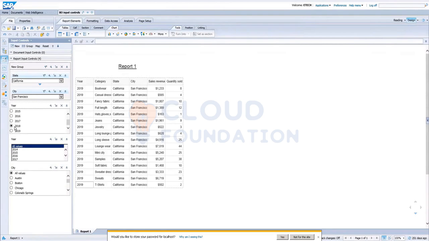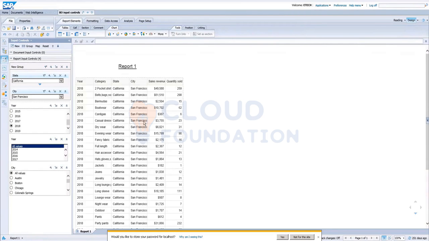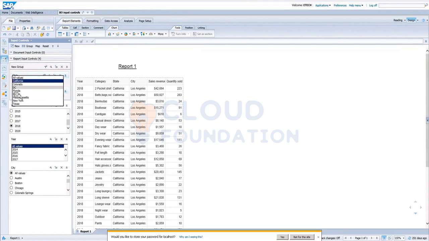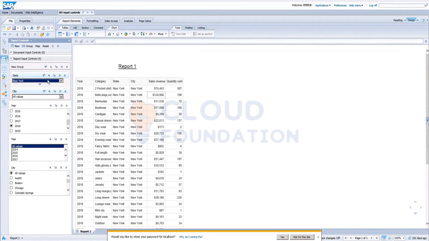That kind of analysis and interactivity can be provided in Web Intelligence. The end user just clicks on Los Angeles, and they'll see the data based on that. If they want to see the data for New York State, within a click we are getting the required information. This is possible using Web Intelligence.